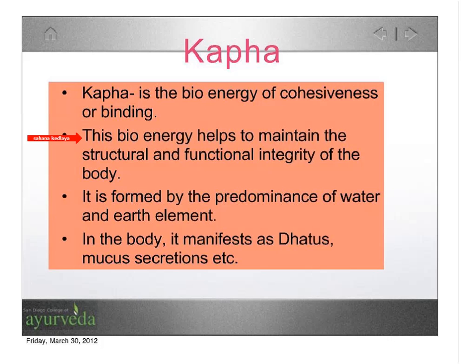It holds all the structures, the different organs and different bodily structures, in their normal anatomical position. Without Kapha, the organs wouldn't be able to stay in their normal positions. The heart might slip from its original place, and the lungs, etc. can slip out of place in the absence of Kapha. It is the binding nature of Kapha which holds all the structures in their normal anatomical position, and by doing that, it provides integrity or compactness to the body.